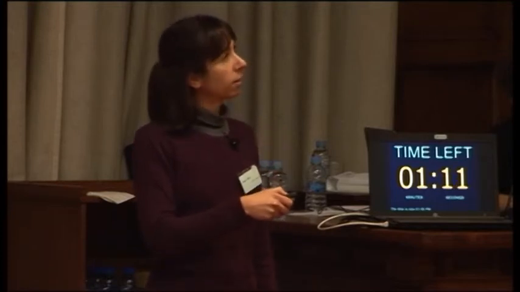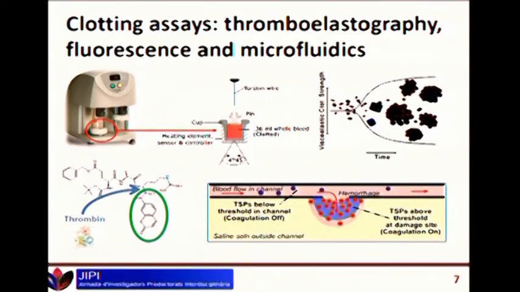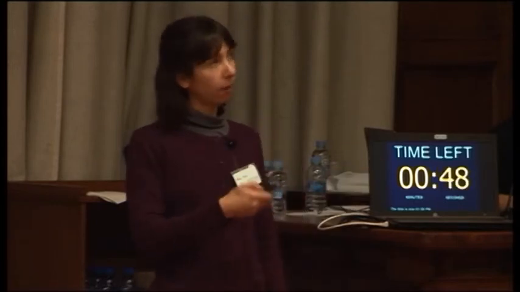We also use fluorescence with a thrombin-specific dye. So this is the dye. It's cleaved by thrombin when coagulation happens, and then this part here is a coumarin dye and it's fluorescent, so we can detect when the clot is formed. We also want to mimic what happens in the blood vessels using microfluidics, but we haven't started yet. We are only in the modeling part, not experimental.